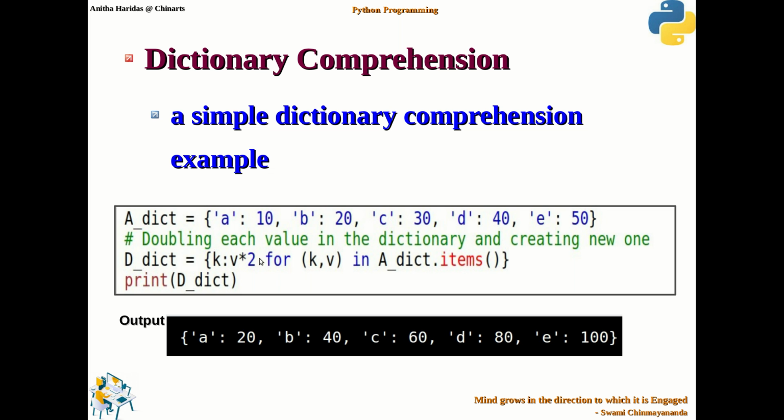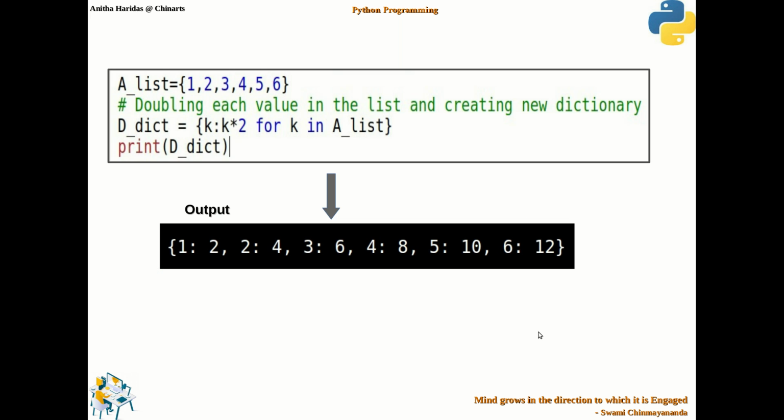So this is how the dictionary comprehension works. Right? So when I try printing this dictionary, it will show all these values. You can observe all the values are doubled. These comprehension examples will be mainly used whenever you want to manipulate an existing dictionary.